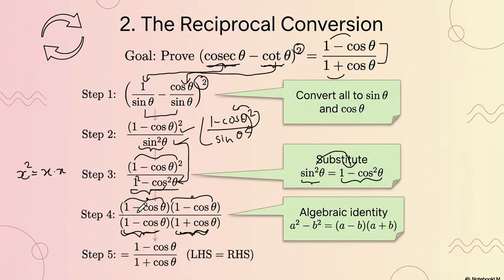So you can see that 1 minus cos theta is common, so that will get cancelled. So what will remain? 1 minus cos upon 1 plus cos, that we wanted. So LHS is equal to RHS. Proof is done. Look at the next proof,